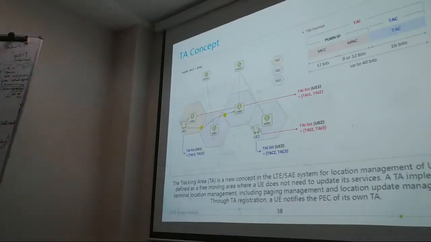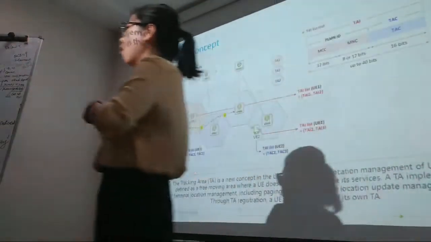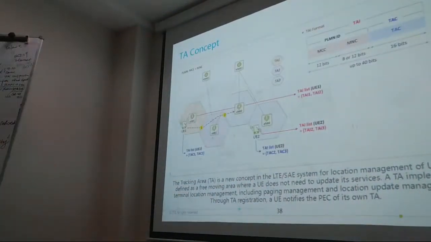It should report to the MME. Otherwise, the MME doesn't know the UE changed. So the UE should report the TA if it changes. For example, this is cell 1, which uses TA1. This is cell 2, which uses TA2. When I change from cell 1 to cell 2,